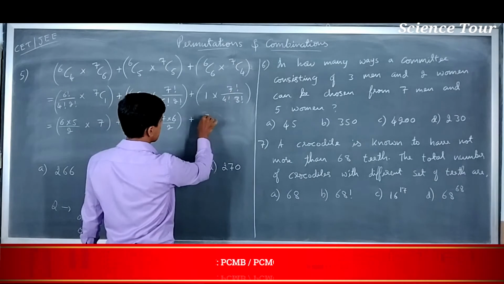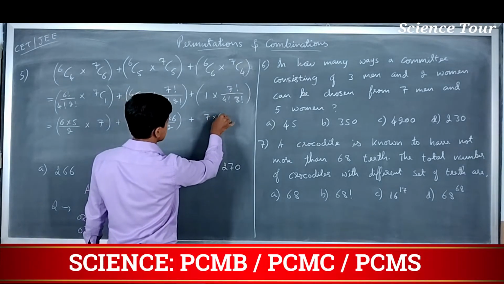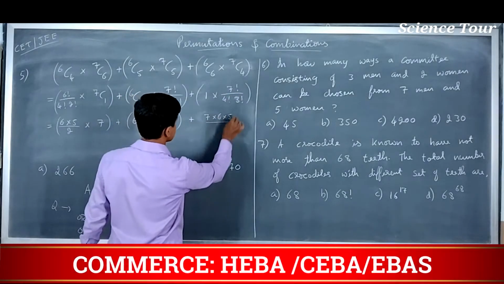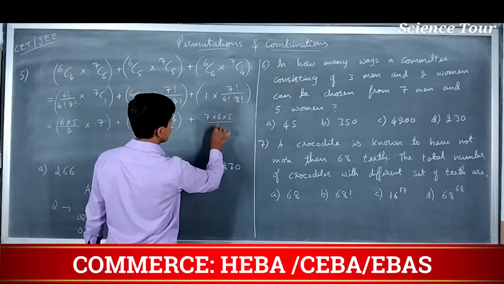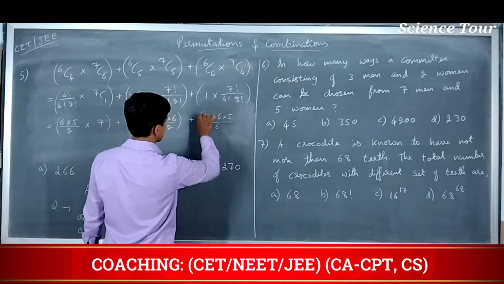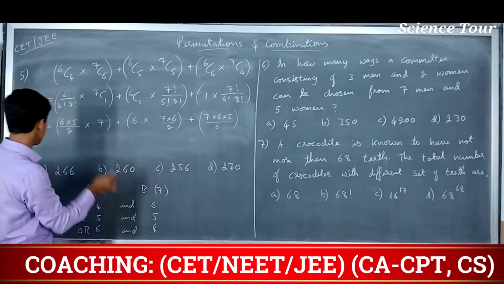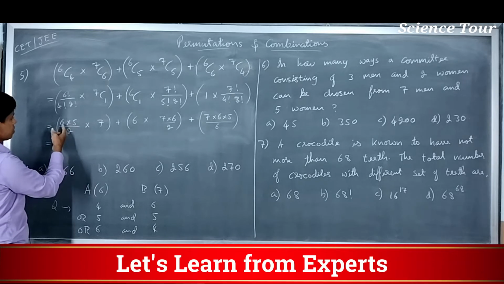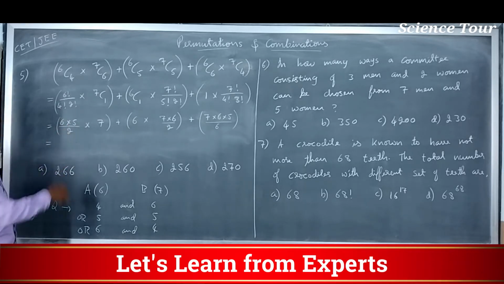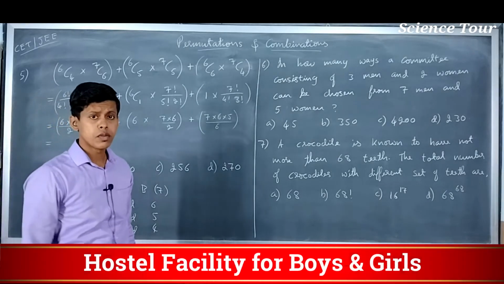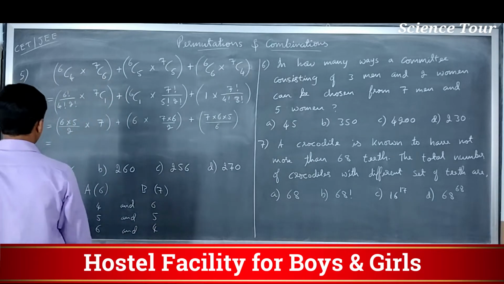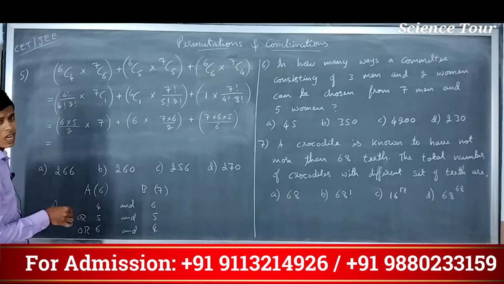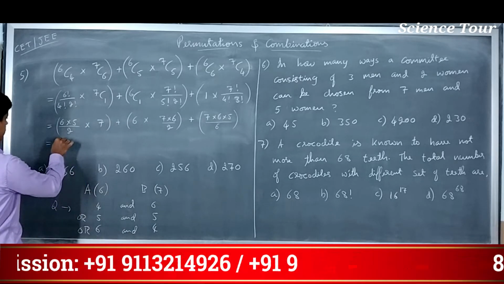7 factorial can be written as 7 into 6 into 5 into 4 factorial. 4 factorial can be cancelled. 3 factorial is 3 into 2, which is 6. Okay, so finally, 6 fives are 30, divided by 2 is 15. 15 into 7, you have got 105,